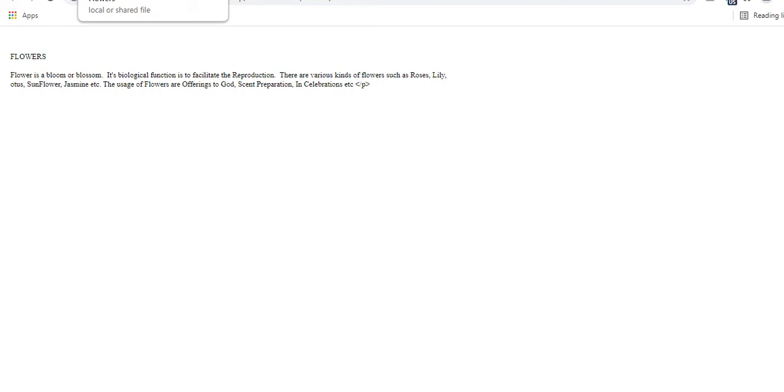So she writes the content like this: flowers, a flower is a bloom or blossom, something, and she takes it to the computer teacher, who tells her this is not looking good. Just use your HTML and CSS to develop this better. She didn't know what to do. Actually, she learned something in her course, but being a kid, she doesn't know how to apply this.